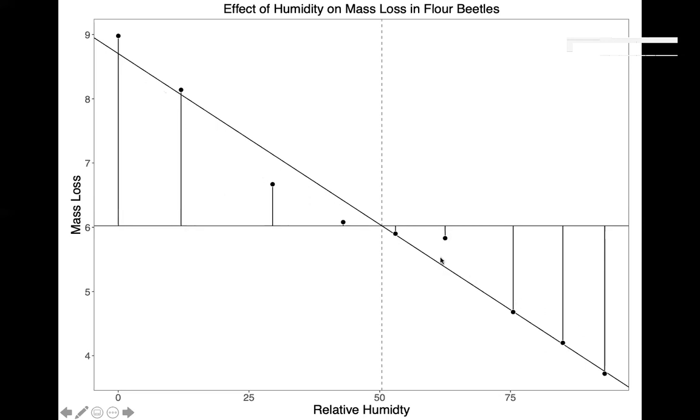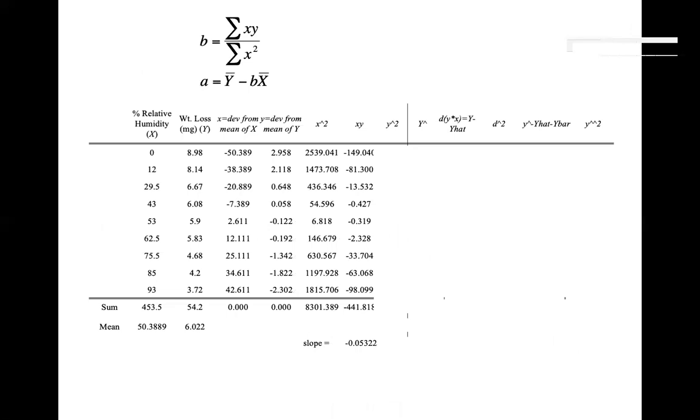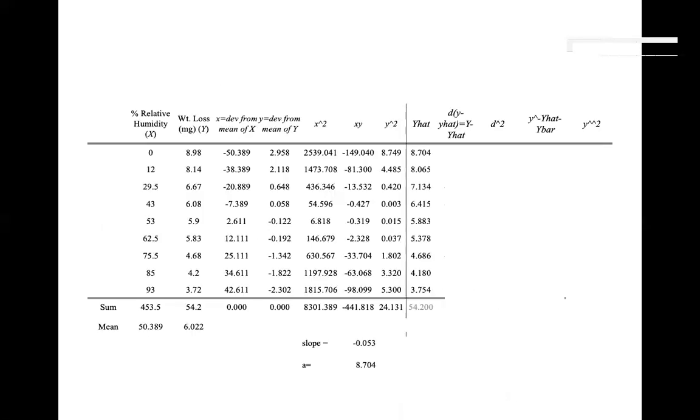Those predicted values, because it's all symmetrical, centered on this fulcrum point in the middle, which is the mean of relative humidity versus the mean of mass loss. That's where this line should pivot. Then you're going to have the same magnitude of values that are positive and the same magnitude of values that are negative. And so as we blow through all of this and we get to